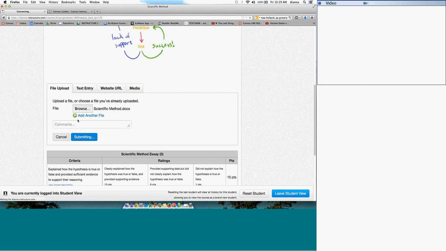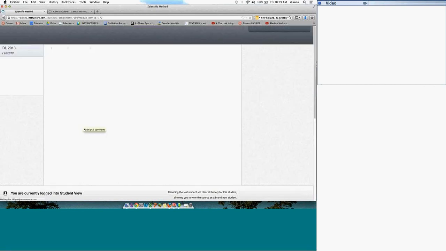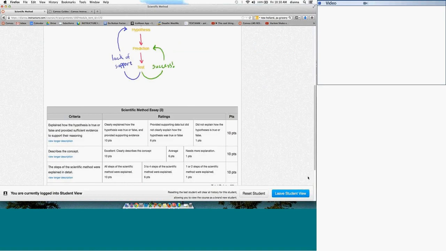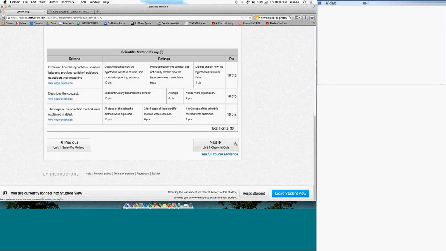I can add comments in there as the student as well. These comments that they add here will also show up in your conversations and in your inbox. So now it tells me as the student that I turned it in, the date and time, the submission details, and then it will show me the document. So I can open up this Word doc just to make sure it's the right one as well. Then I can go to the next item in the module,